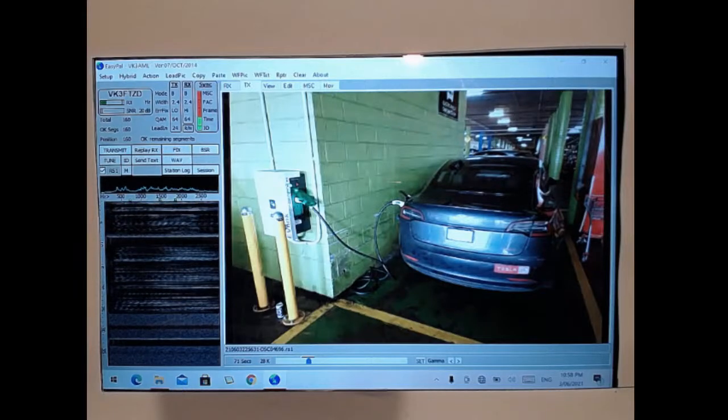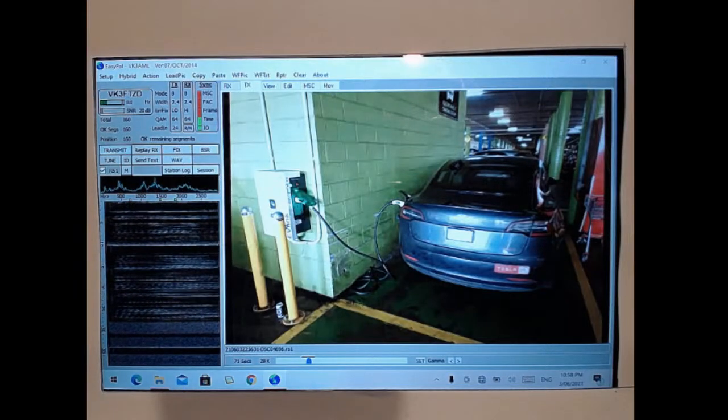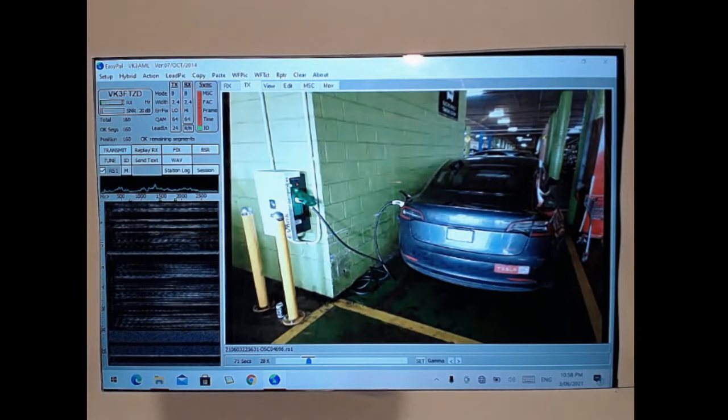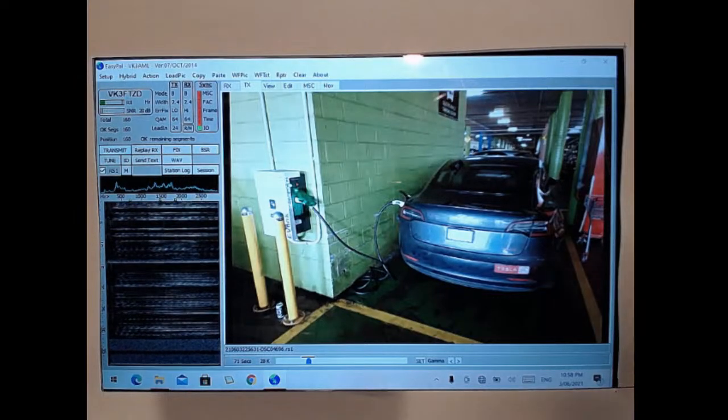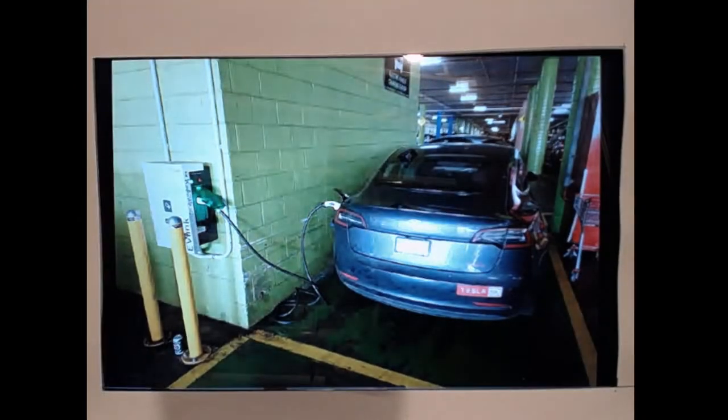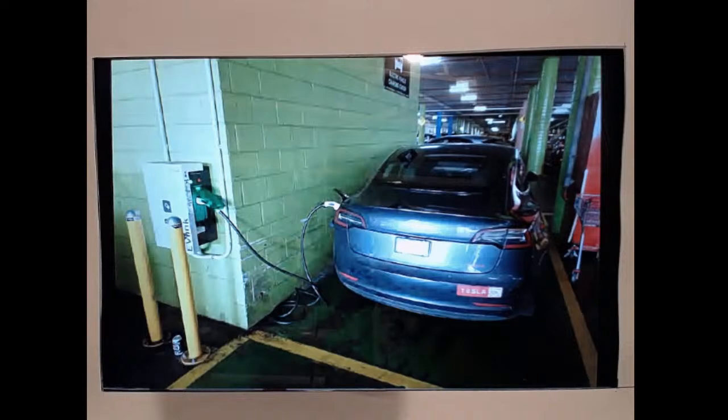Very nice. Or is that Toyota? I can't see. It is a Tesla, is it? Sure, it's a Tesla. VK3 BOT, Stan, how did you go decoding that one?